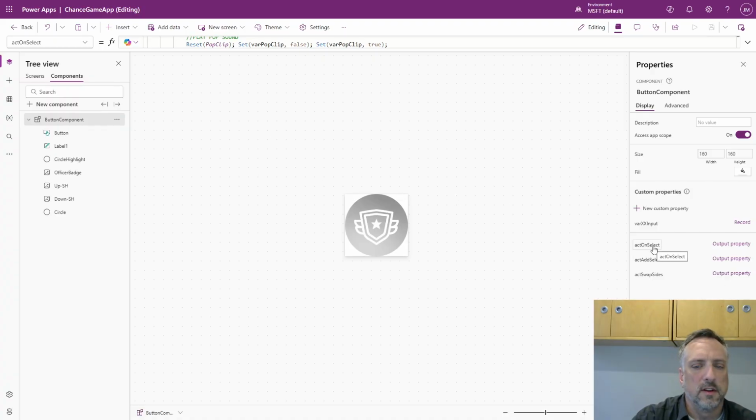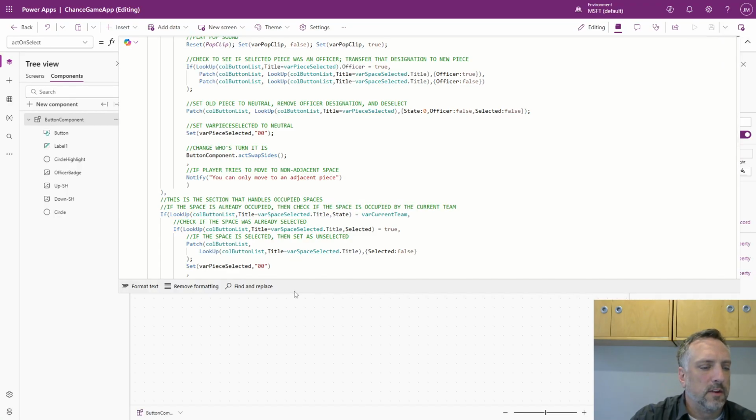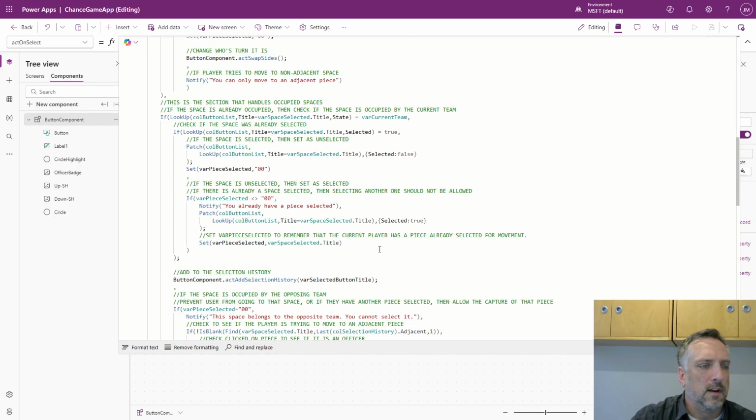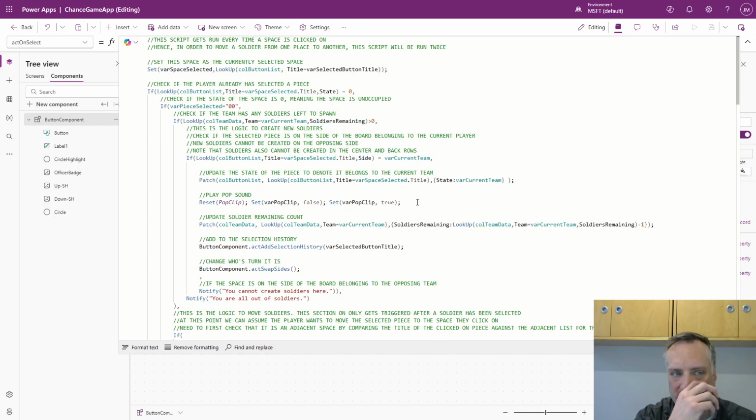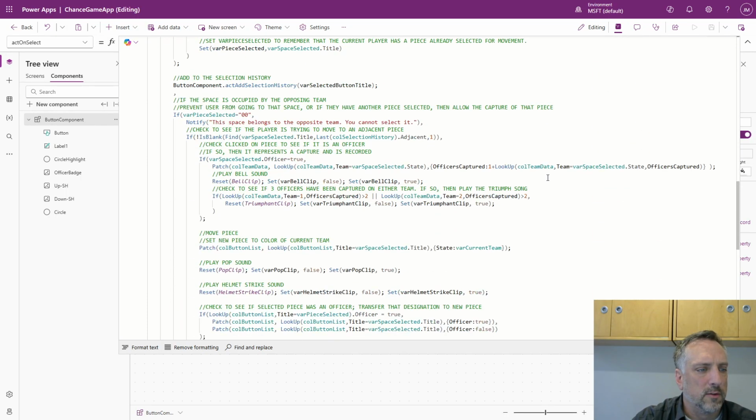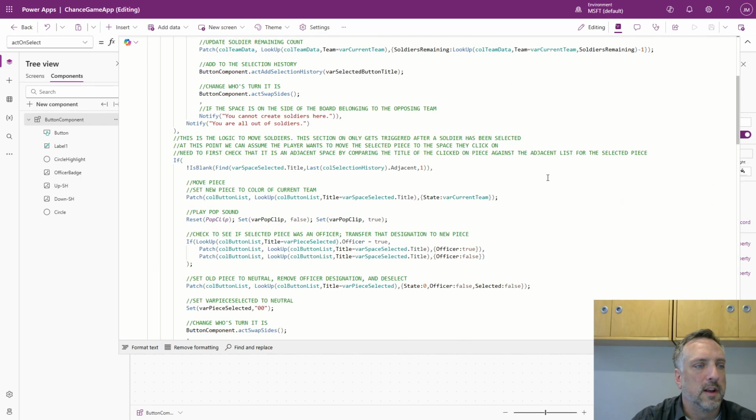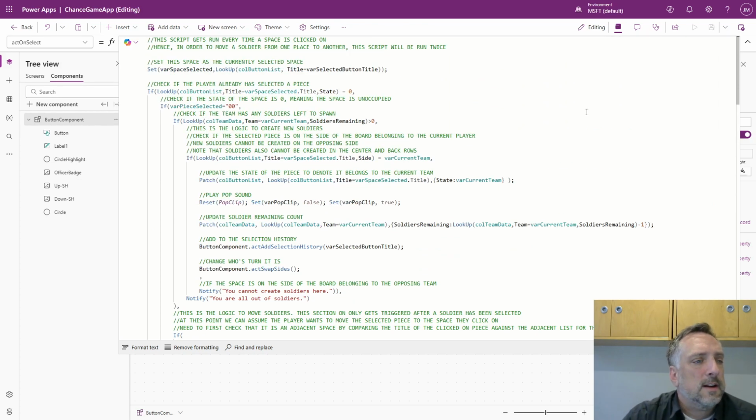On select is really the main property I want to focus on for this discussion, and that's where all the game logic is. And that looks like this. Again, because it's not an object-oriented programming language, you kind of have to put all the logic in this one spot, which makes it messy and complicated to navigate, but it does work. It'd be nice to be able to break that up into methods associated with each piece, but it is what it is. And I guess this actually does kind of function like a method since it's a component and this code is attached to each component. But anyway,